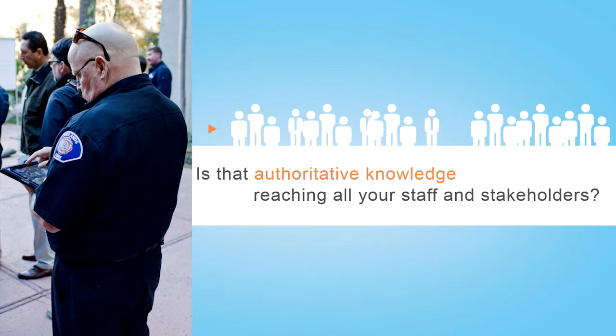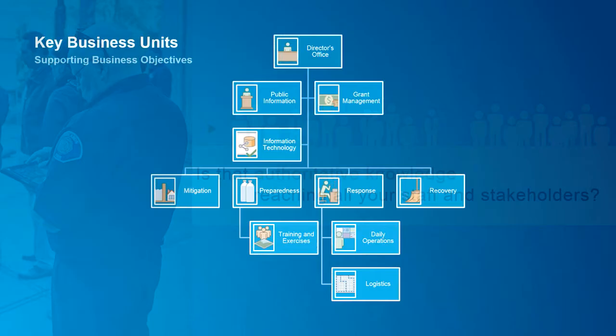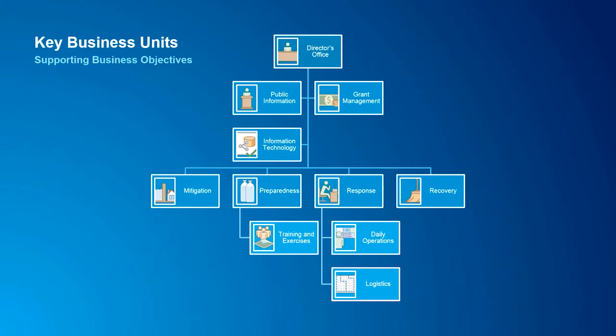Emergency management organizations have a lot of key business units that they are responsible for. And here's just a generic example of all the business units within an EMA that are affected by this. So, we all know about response, but when you think about the broader community, how is the public information going out? How are you managing grants? And has grants informing mitigation activities, and mitigation activities informing grants?